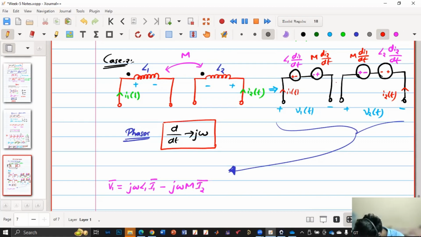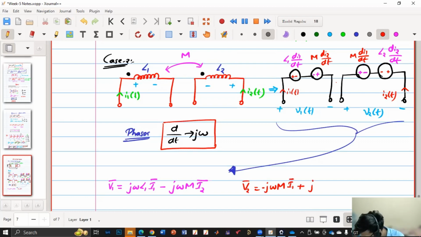Similarly, we'll get V2 phasor equals, because d/dt I'm replacing by j omega, I will be I, M will be M, so it will be j omega M I1 phasor